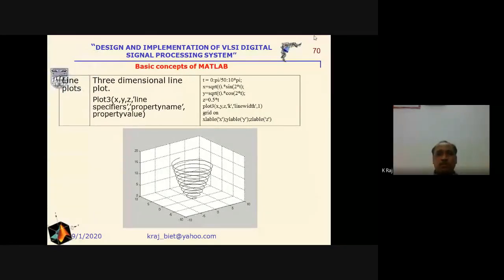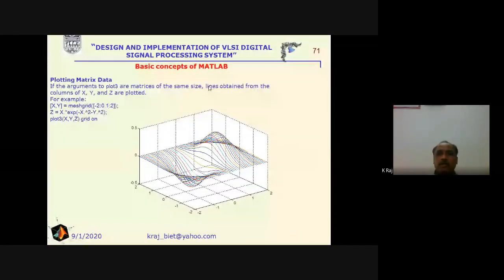Now we have the three parameters x, y, z, and x, y, z are defined in terms of t. So first we will define the range of t. This is the example. Here t is a parameter defined from the initial value to the final value, and then x, y, z are defined in terms of t.